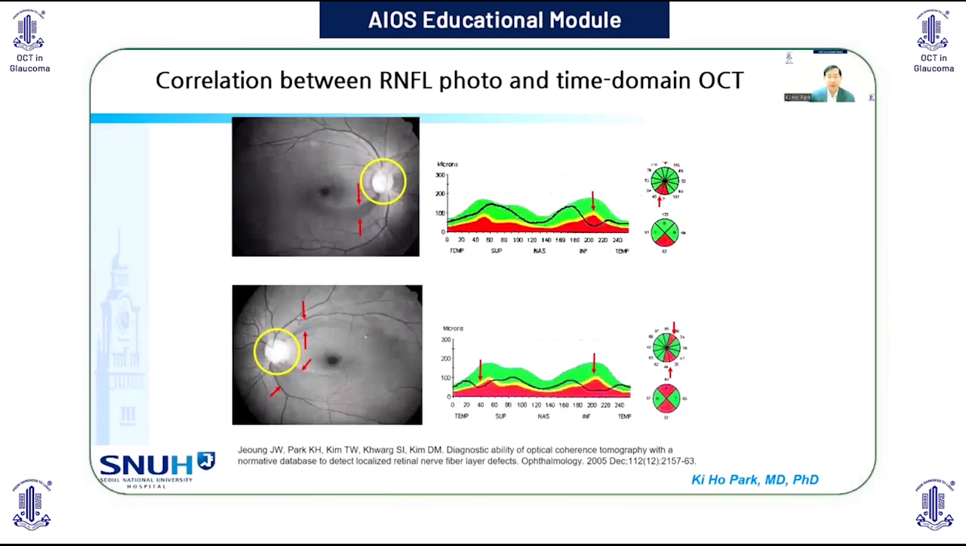So at the beginning, using time domain OCT, our group investigated the correlation between RNFL photograph and time domain OCT. And we showed that the correlation was very good, as you can see in the inferotemporal RNFL defect in the right eye, which has been detected by time domain OCT here. And also in the left eye, superotemporal and inferotemporal RNFL defect could be detected by time domain OCT thickness curve and